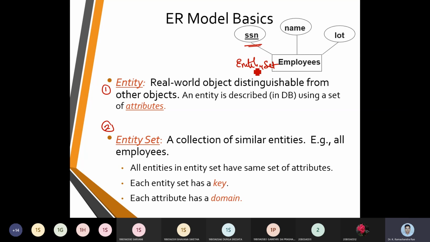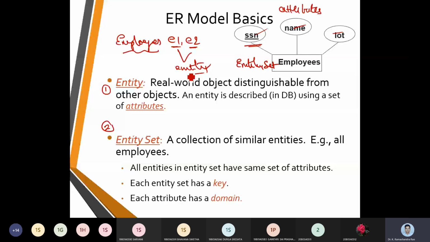And if I call them employees E1 and E2, this property we call an entity set, and E1 and E2 are sharing the same primitives of the entity set. So at this point of time, they are going to be called entities.